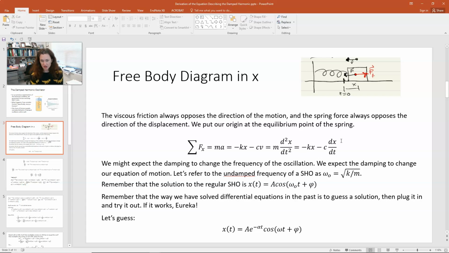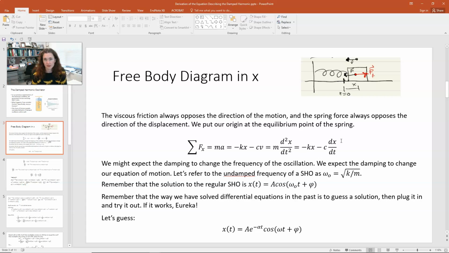I'm not saying what it is, I'm just saying it's some constant value. Okay, we're going to solve for it later. And then it might be a good guess just to take what we had for our sinusoidal function before and plug that in. And so now we have A e to the minus alpha t times cosine of omega t